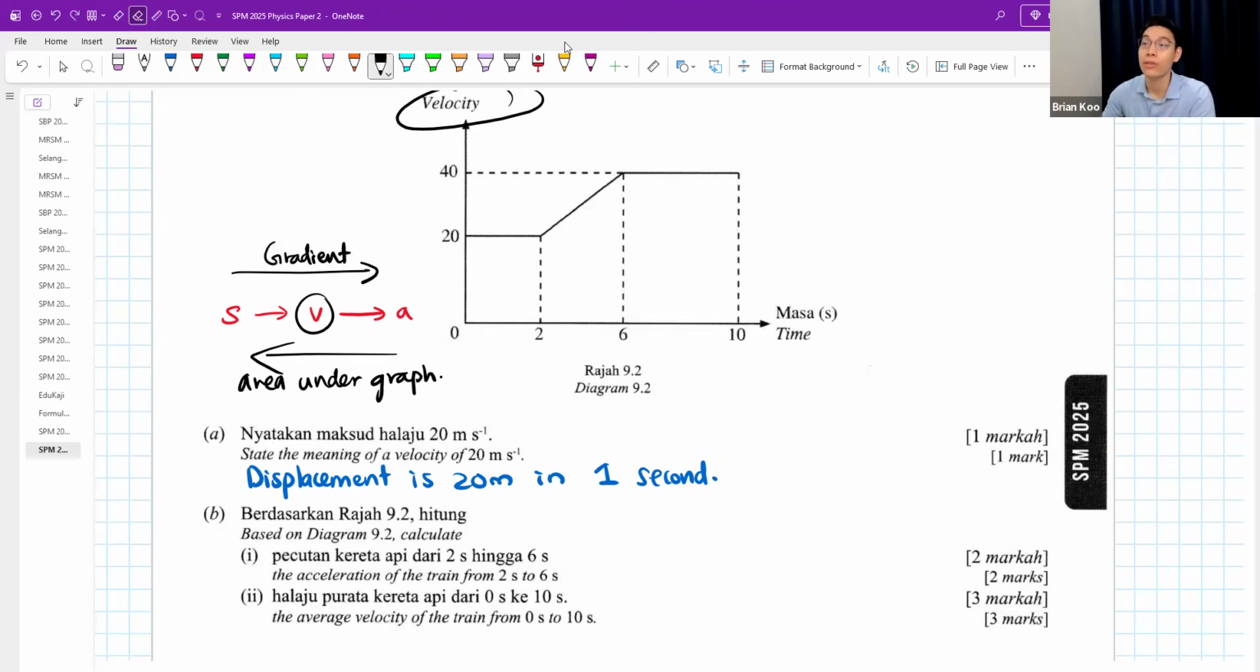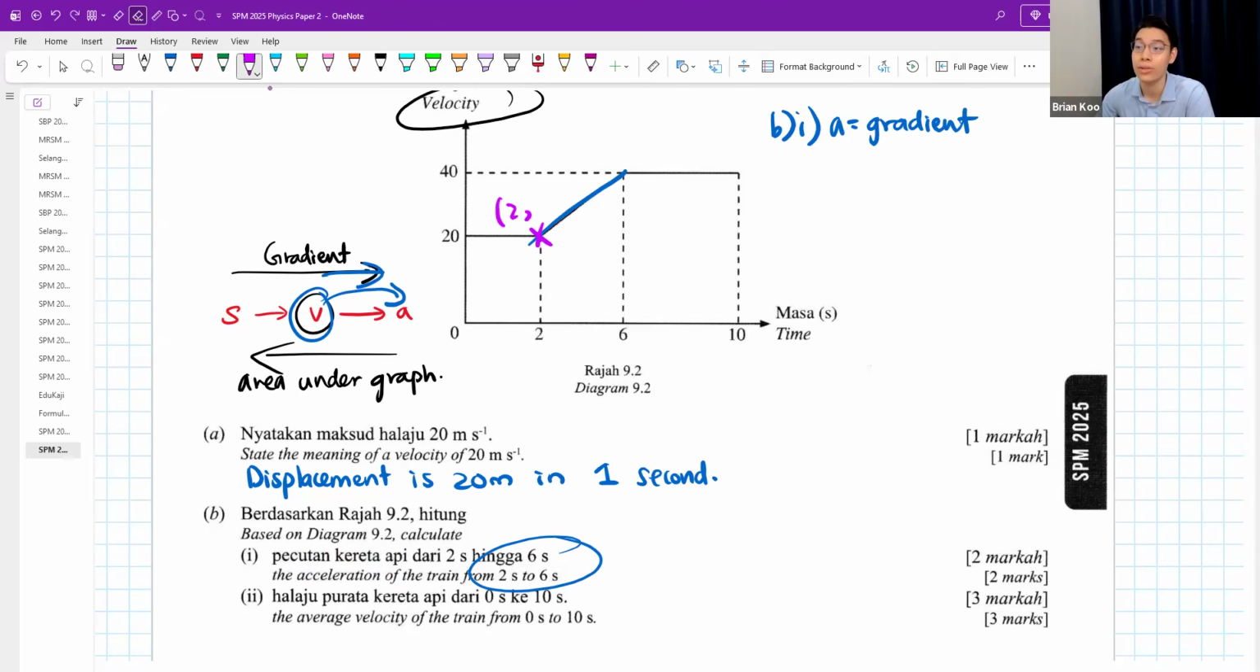Okay, right now, you're trying to find acceleration. I got velocity graph, I want to find acceleration. So guys, this is what we are going to do. We are going to find gradient from 2 to 6 seconds. Okay, so in part B1, the acceleration is actually just the gradient. And how to do gradient? You can write down some coordinates. This is (2, 20). This is (6, 40). Okay, you don't need to write this. You can straight away do